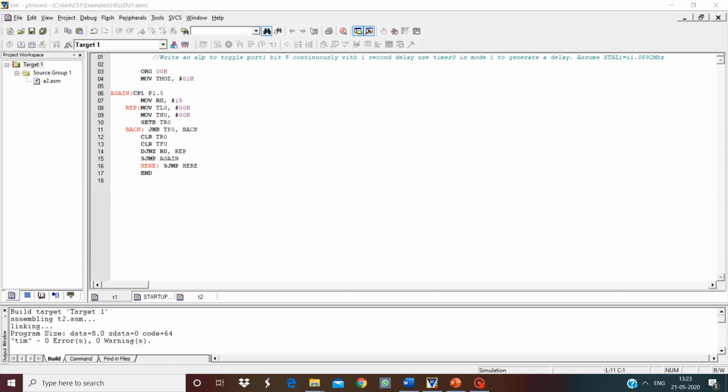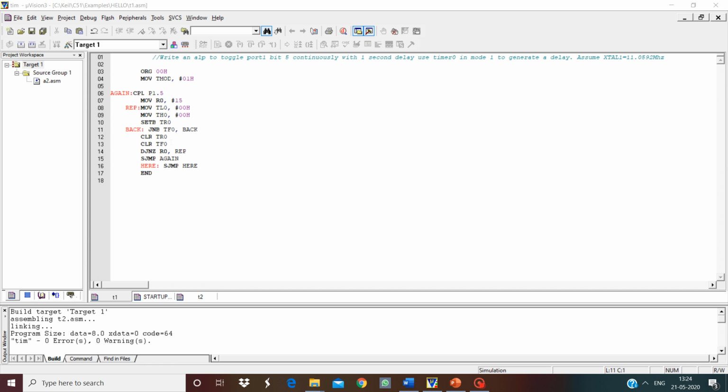Once the timer is started, we keep monitoring the TF0 bit. When TF0 becomes 1, it means the timer has overflowed. That is done with the instruction JNB TF0, back. Once TF0 becomes 1, I stop the timer with the CLR TR0 instruction, and also clear the timer overflow flag with CLR TF0, so that we can go for the next cycle.